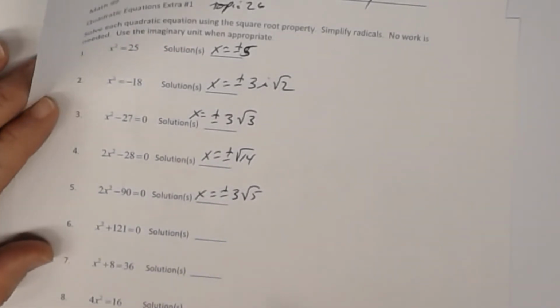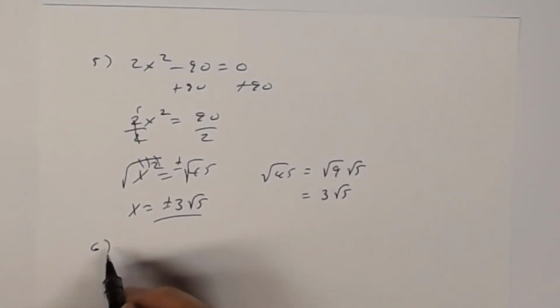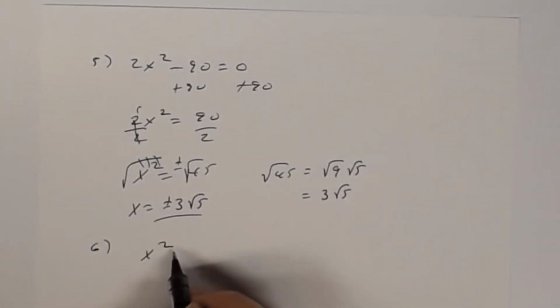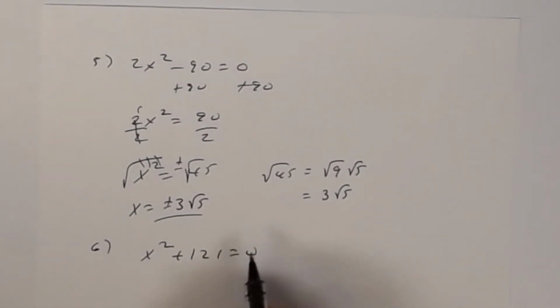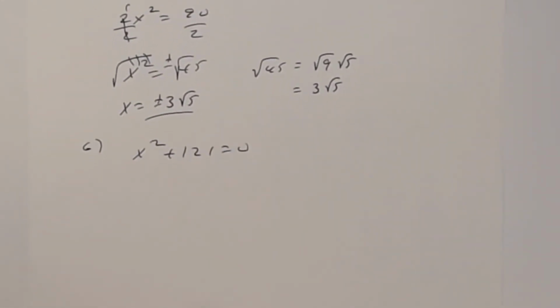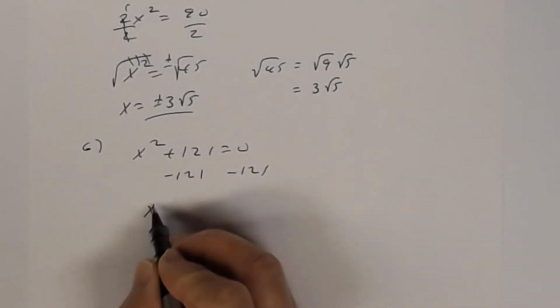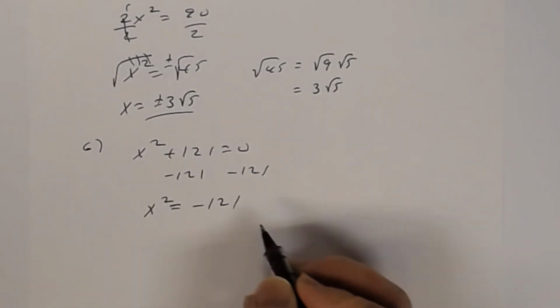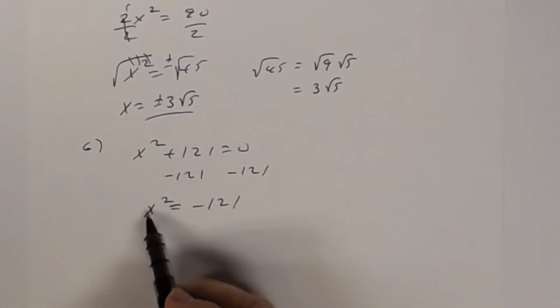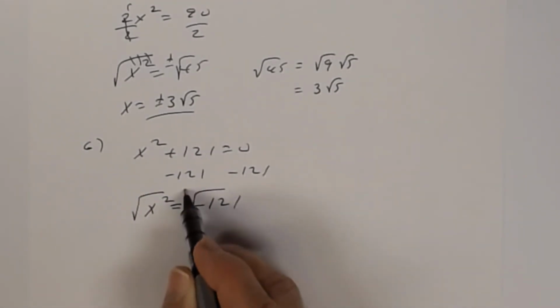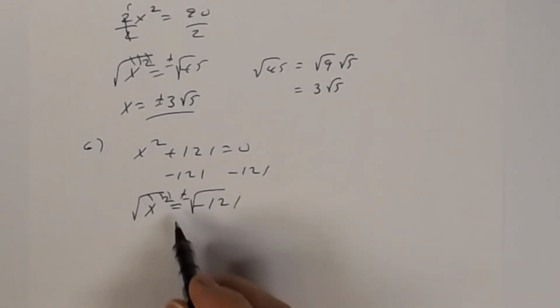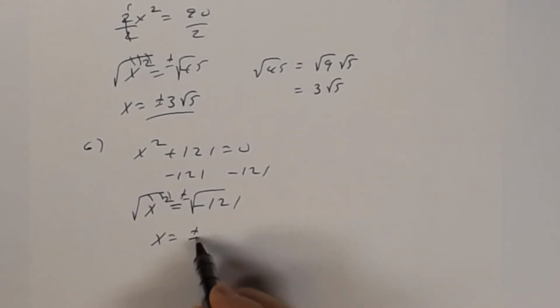Okay. Number 6. In number 6, we have x squared plus 121 equals 0. And so we'll go ahead and subtract 121 from both sides. So I get x squared equal a negative 121. So now notice I have x squared by itself, so I'm going to go ahead and take the square root of both sides at this point. Don't forget the plus or minus. The square and the square root undo each other, so you get x equal plus or minus the square root